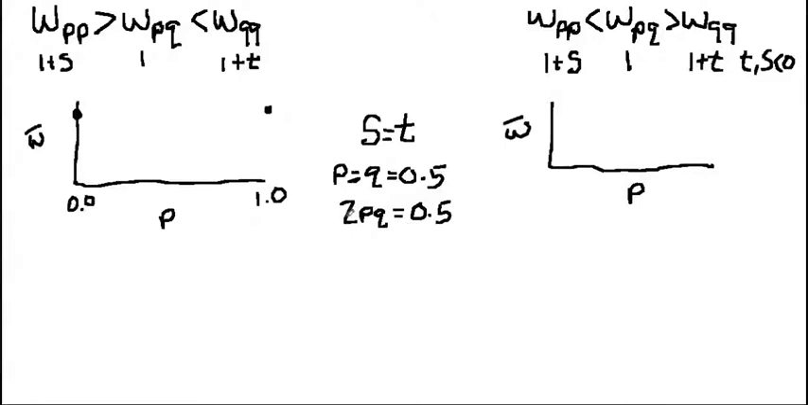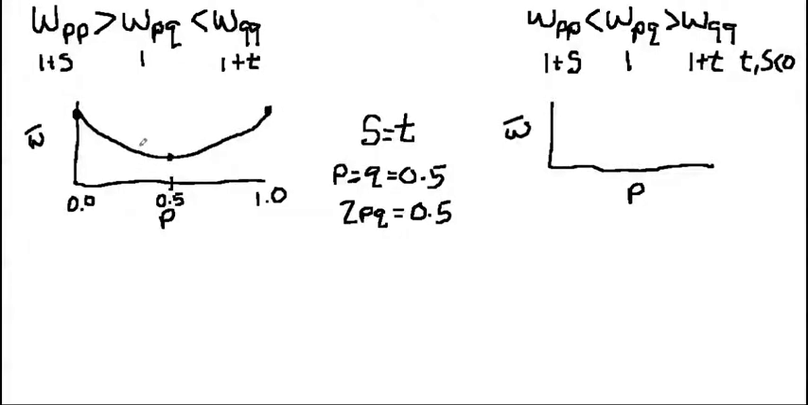2 times 0.5 times 0.5 is 0.5. So in that case, our lowest fitness value for the population, average fitness, should be when our allele frequencies are equal to each other and they're at 0.5. So now we just connect these lines and we get a